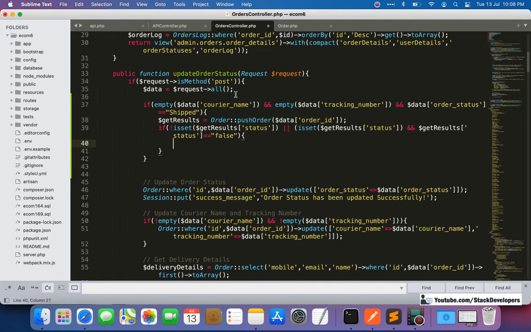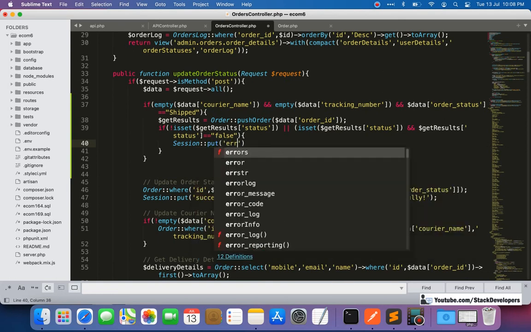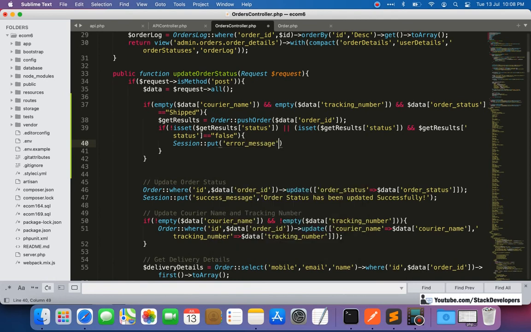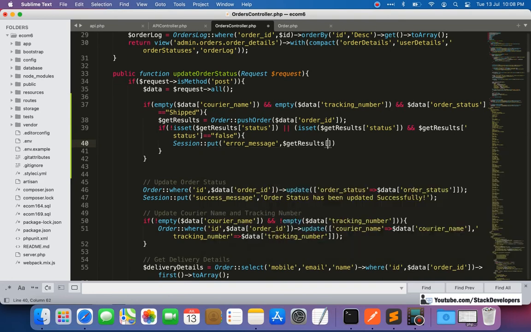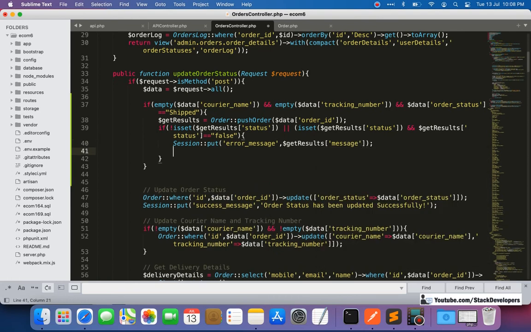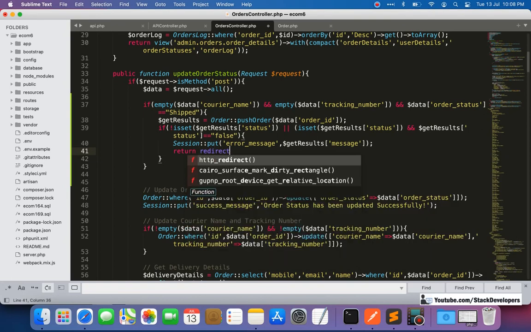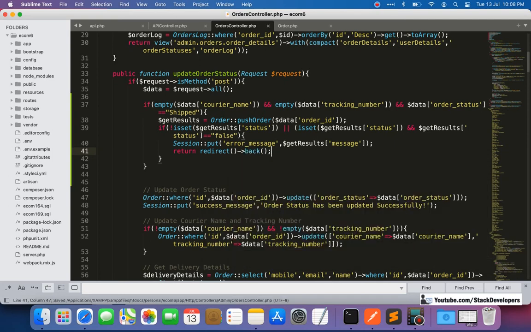So we do session put, error message, with the results message, and return redirect back. Now we can try.